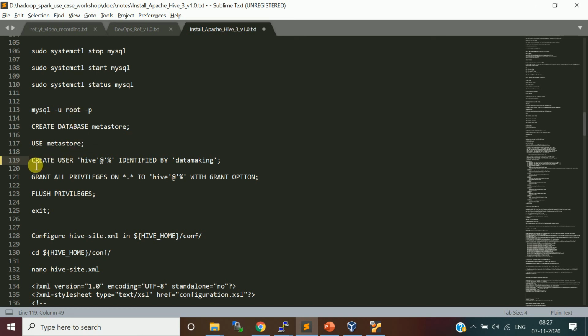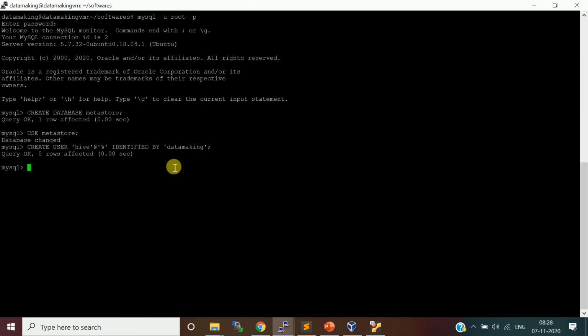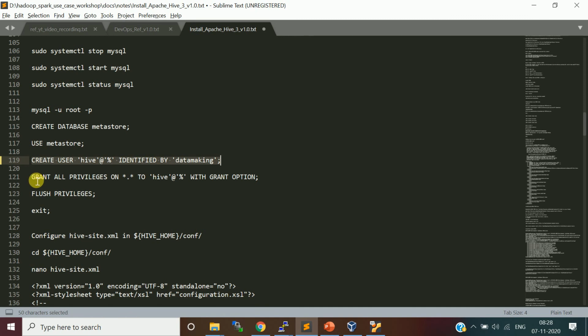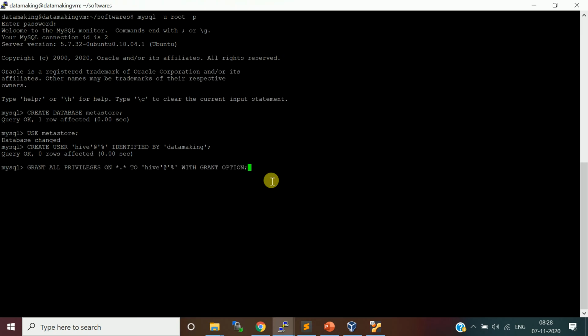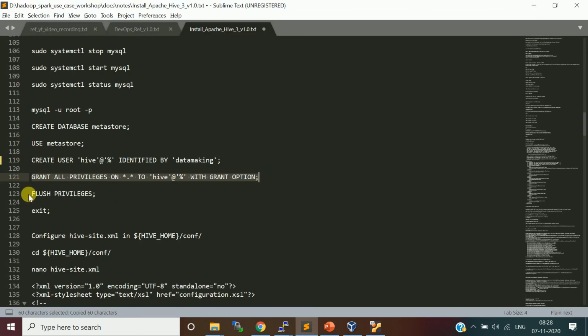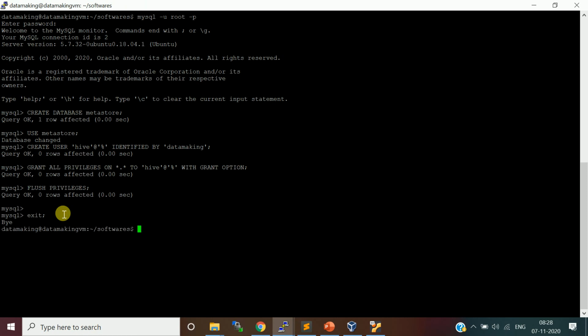I'm creating a new user called Hive, because we are going to use the Hive user for the Hive component. For this also I'm keeping the password as data making. Just run this, and grant privileges on all the MySQL objects. Then I flush the privileges and come out of the CLI.